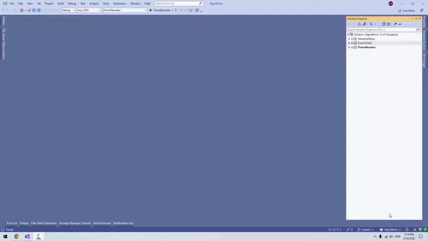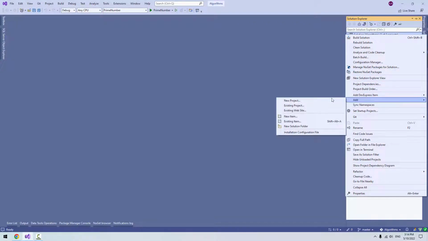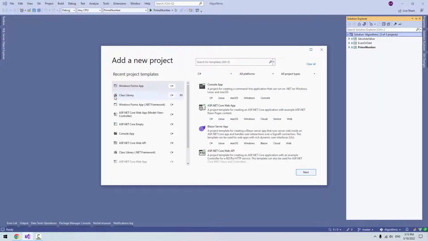In this section we will create an algorithm that calculates and sums all digits of a number. Let's create our solution. Let's create a new project. Add a new project. Here I choose console app and I write